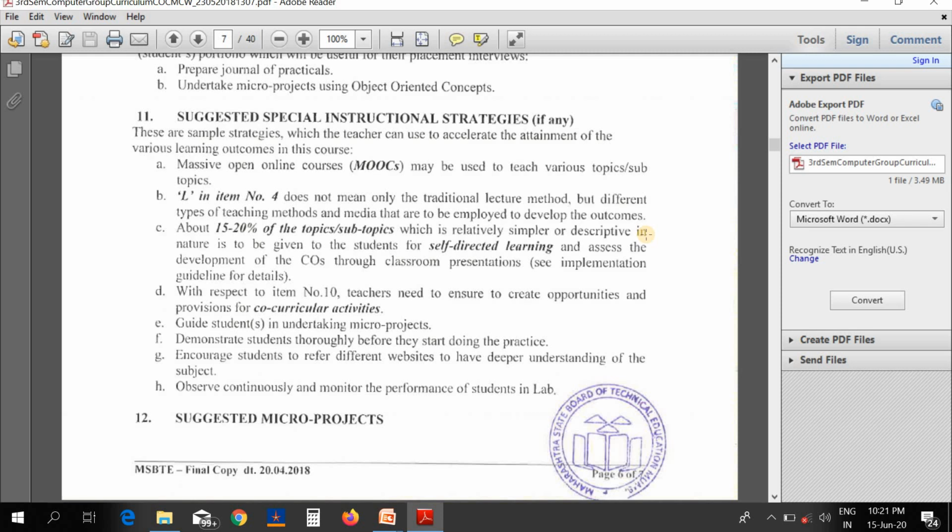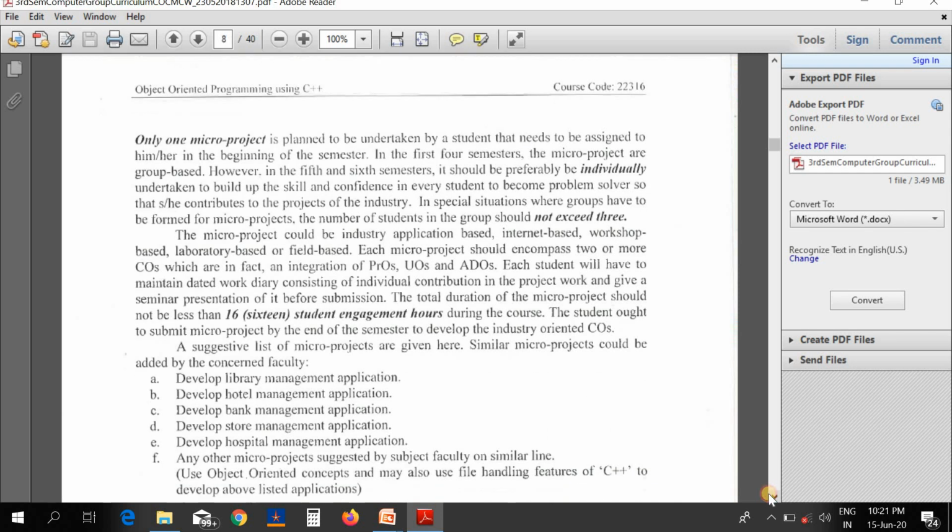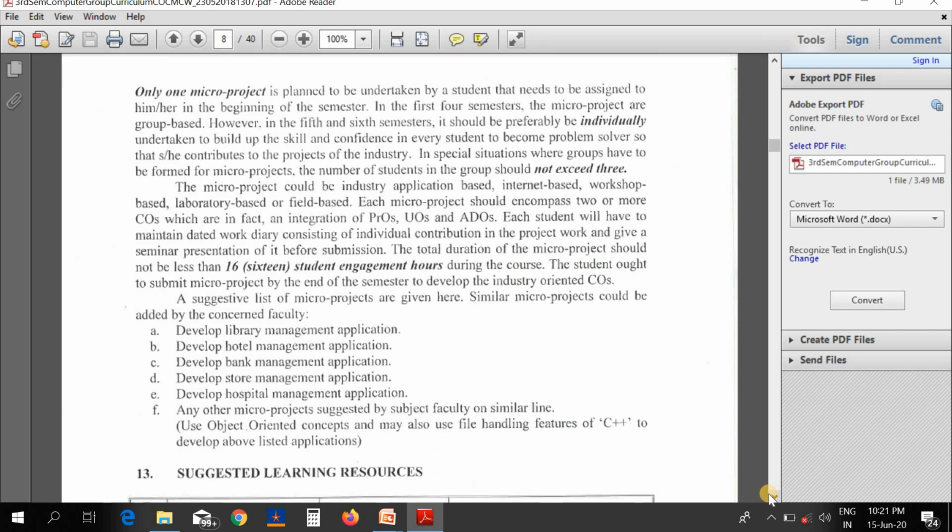Then last, you want to do one micro project for object oriented programming subject. For creating micro projects, here are shown samples of micro project titles.